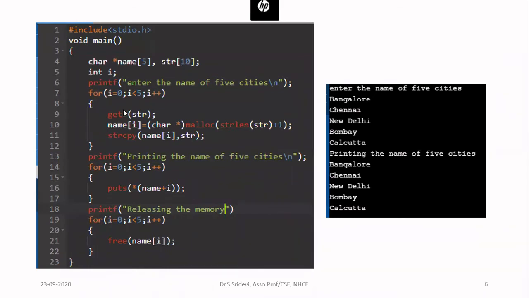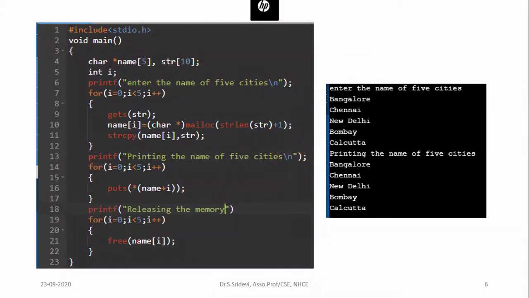So now I am going to read the name from the user. For that I am going to use the function gets. Then I am passing the name of the array, which is nothing but str. Now you have to allocate the memory. We are not allocating memory before. Now only we are going to allocate the memory. How much memory you want to allocate? For that, you read the name from the user, then count how many characters are in the name typed by the user.